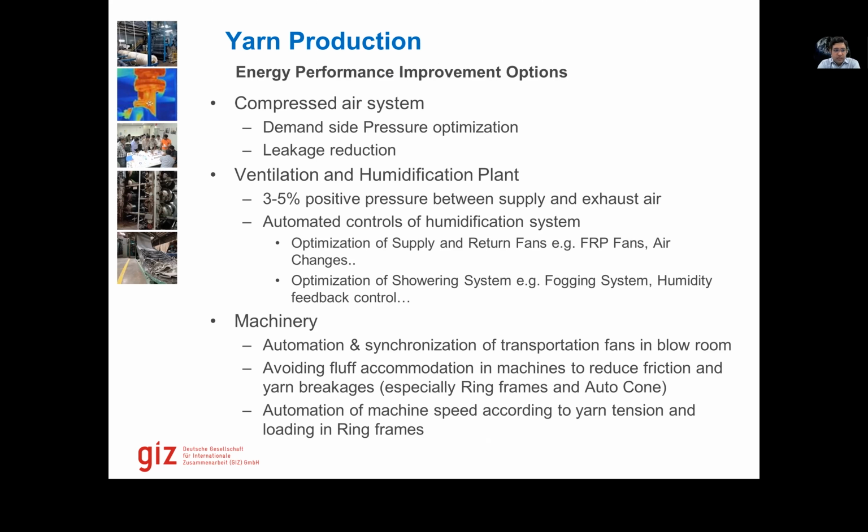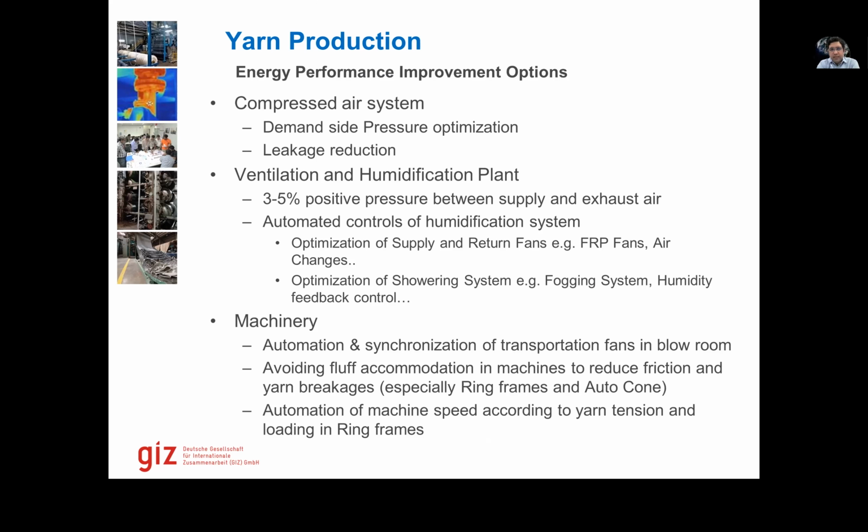So we requested them to, number one, eliminate the leakages, and number two, gradually start reducing the pressure. At the first stage, they came down from 9 bar to 7 bar, and one of their compressors went into shutdown. After a few weeks, they were able to shut down one 9 kilowatt compressor, a 90 kilowatt compressor, and one 45 kilowatt compressor. What we did was to optimize the pressure based on the demand side pressure.